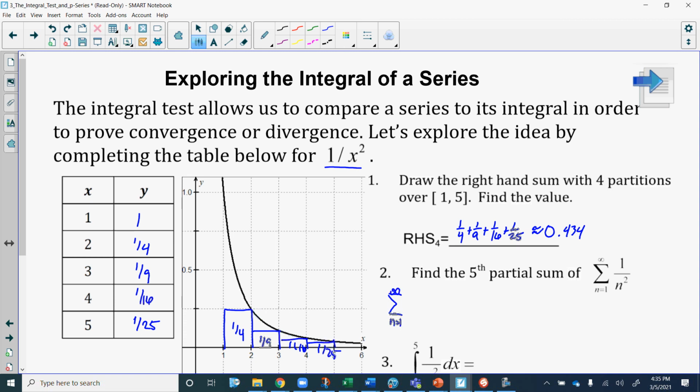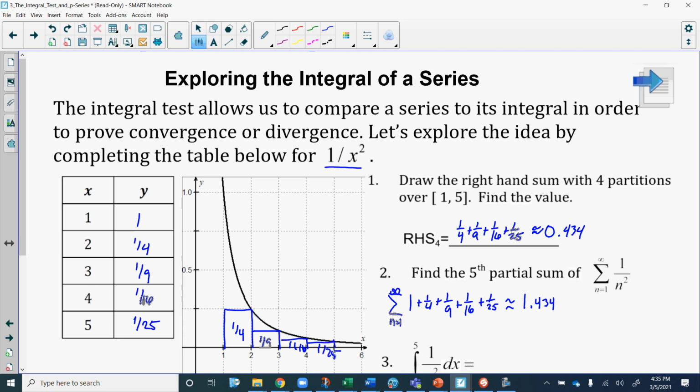When n is equal to 1, my first term is 1. And then we have all of those other terms, 1/4 plus 1/9 plus 1/16 and 1/25. The only difference between what we did on 1 and what we're doing on 2 is the inclusion of that 1, and that's where I'm getting the 1.434